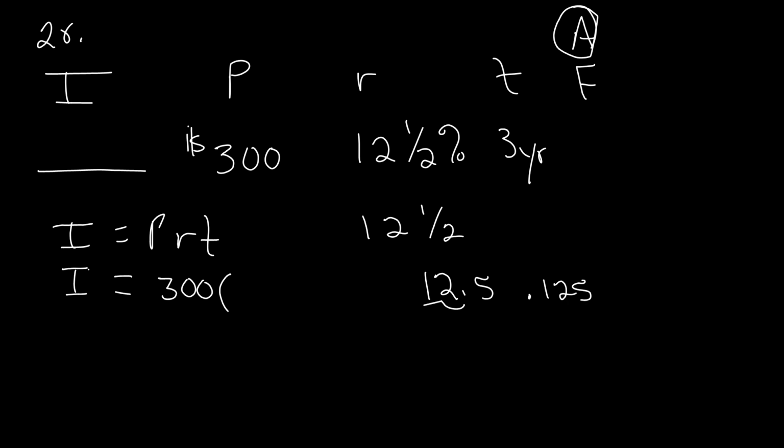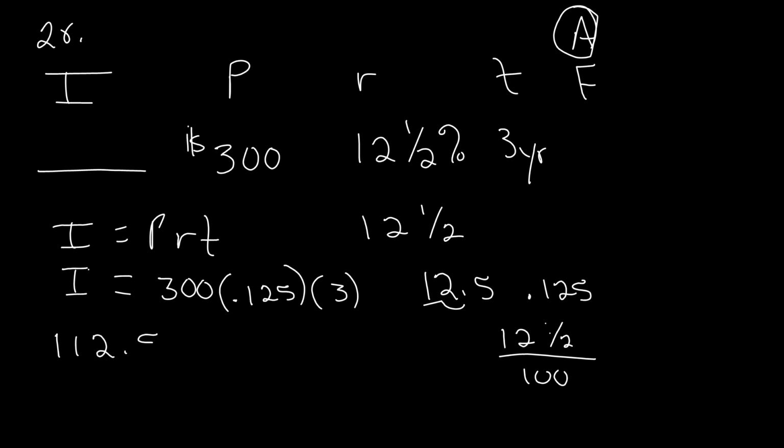You could also put 12.5 in your calculator divided by 100, and it would give you your decimal. But anyway, you have to have it as a decimal. It's 0.125 times 3, and we just take our calculators and do 300 times 0.125 times 3, and that gives us